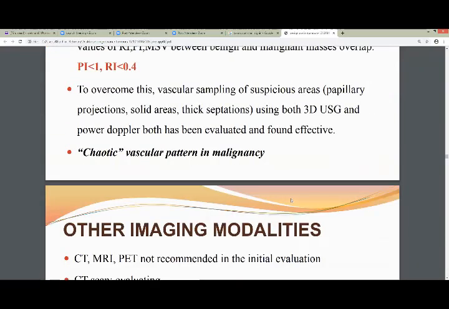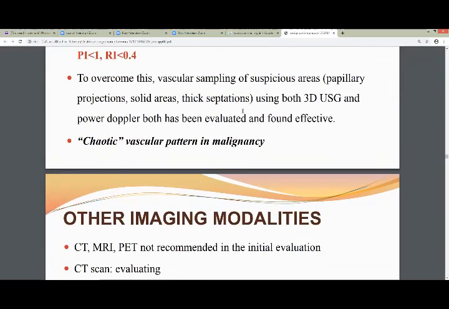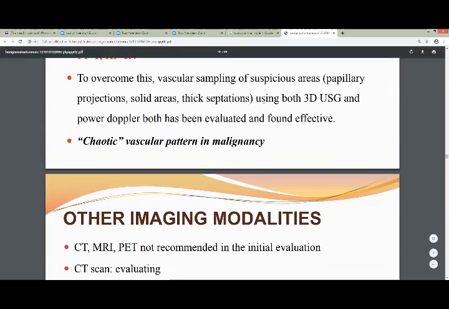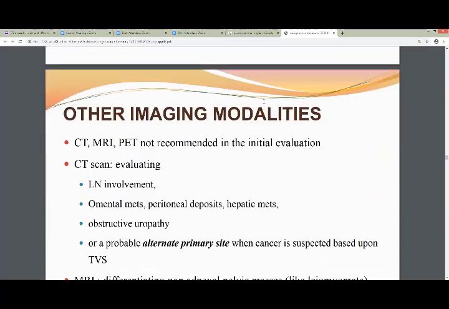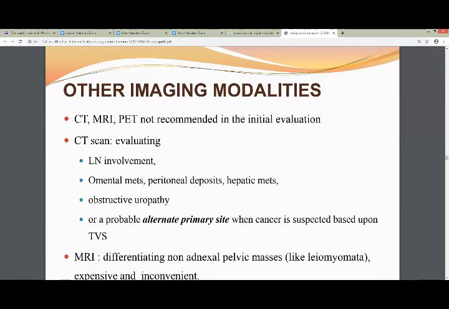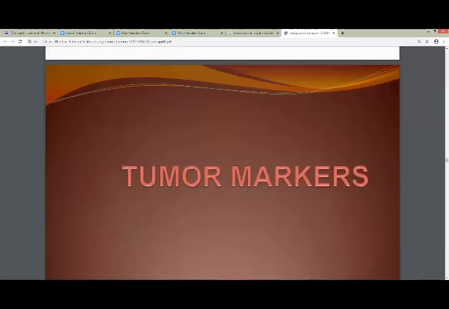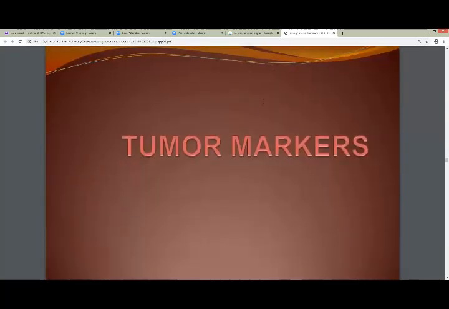So if there is a vascular pattern found in the Doppler, the more it is pointing towards malignancy. And then imaging modalities can be helpful, CT or MRI, wherever it is clinically indicated. The tumor markers we will discuss in detail in this lecture with the